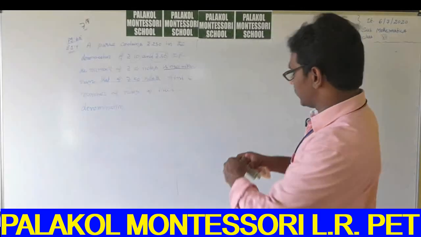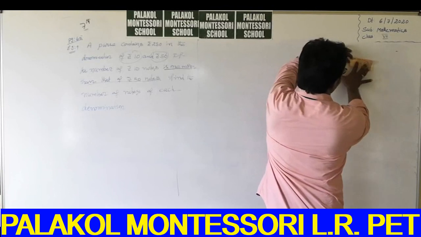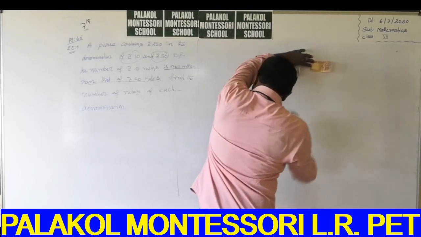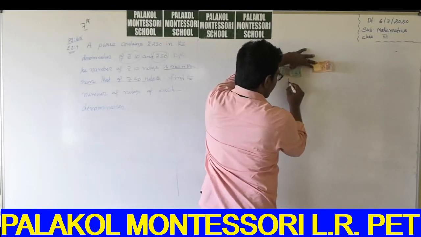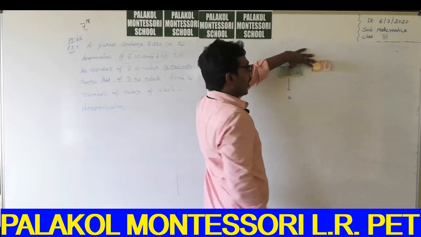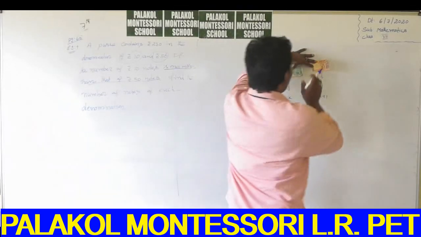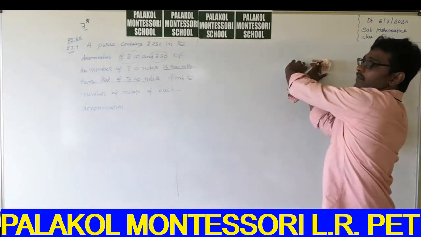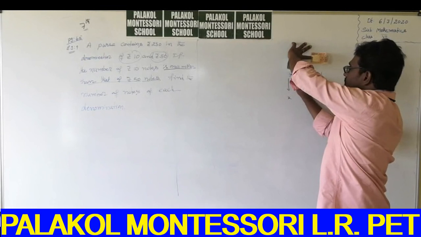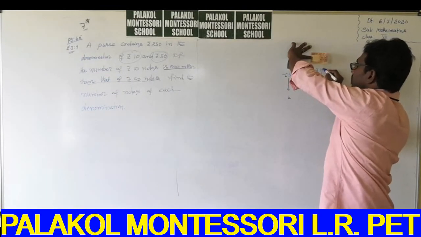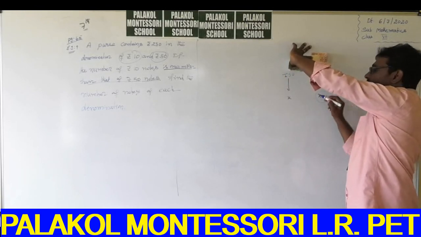Alright, see guys here. This is the 10 rupees notes, this one is the 50 rupees notes. The 50 rupees notes, suppose x. What about the 10 rupees notes? x plus 1. Why? The 10 rupees notes is one more than the 50 rupees notes. So the 50 rupees notes you say x, and the 10 rupees notes, according to the problem, is x plus 1.